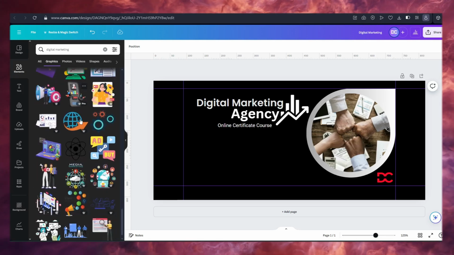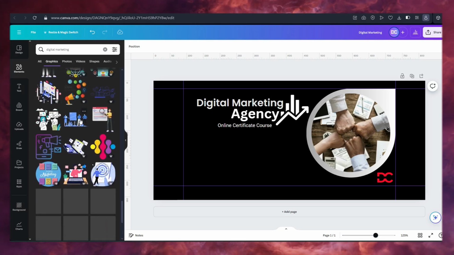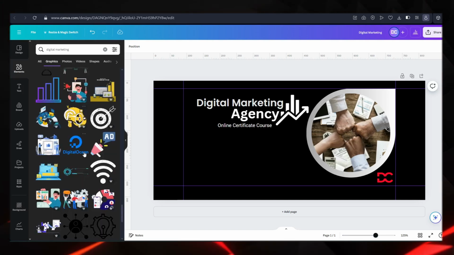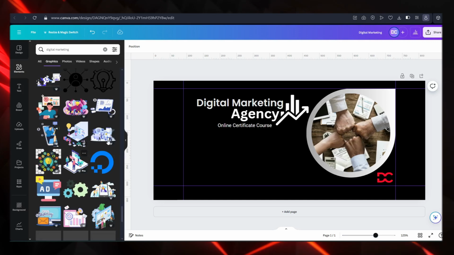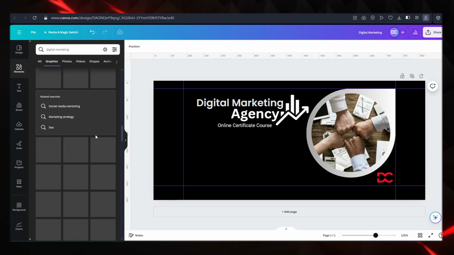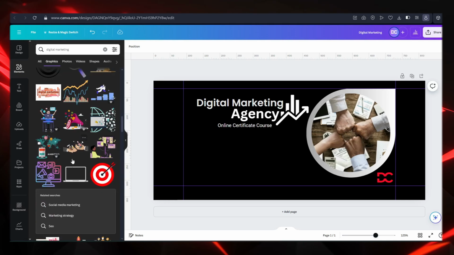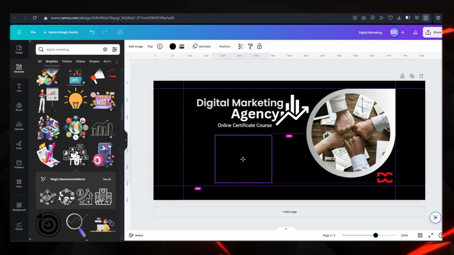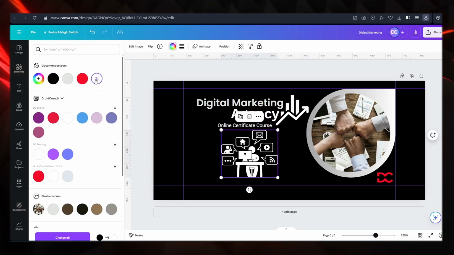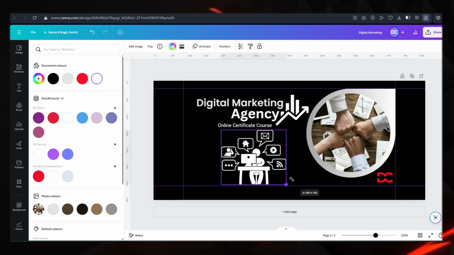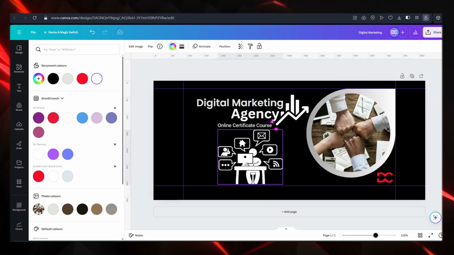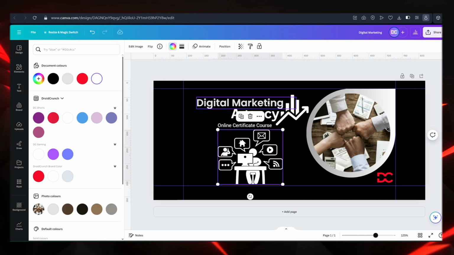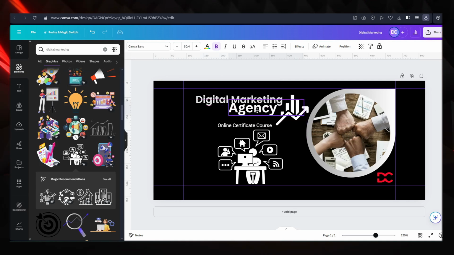You can try to design your cover firstly using the free version, but as I have the pro version with me, I'll show you some pro version graphics also on my page. So as I've not liked anything, for example, this is a pro version. I've used it and I'm changing the color, and here, as you can see, what I have to make sure is I don't zoom it so much that it goes out of the safe zone. Now it's a little bit congested, so I am moving things up.